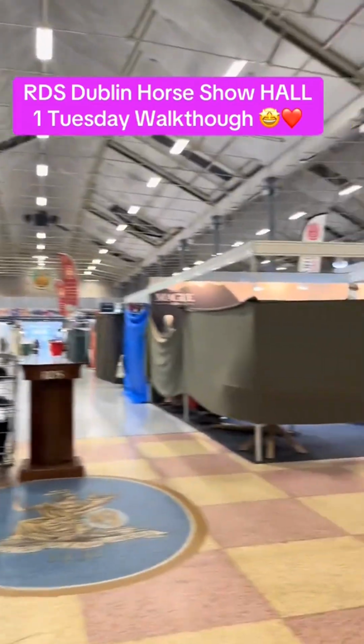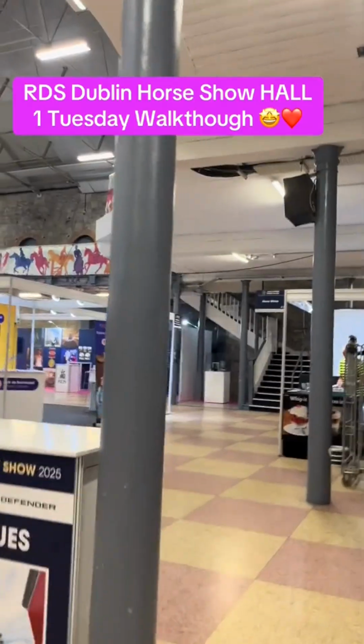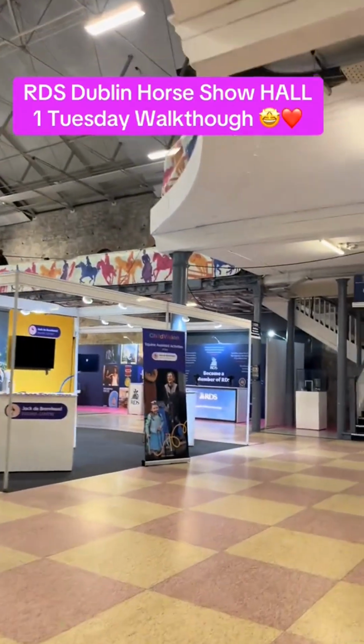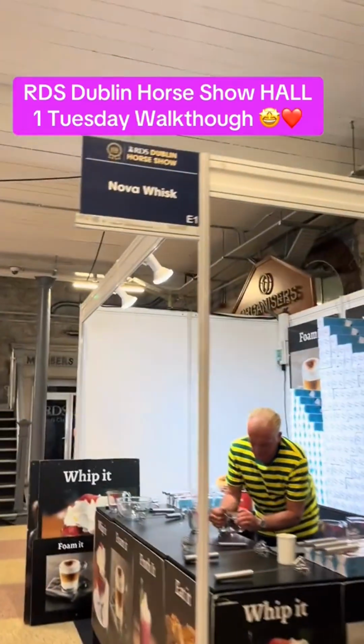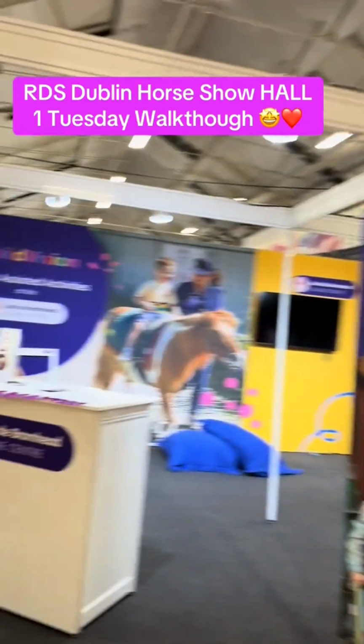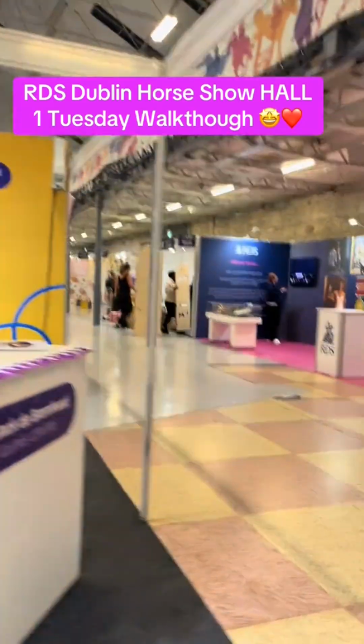It is the Tuesday before the RDS starts, and I'm going to give you a quick walkthrough of Hall 1, the main hall. So I'm going to go in here, take a right, and just show you all of the stands. So here we have Nova Whisk. Up here on the right we have Child Vision, Equine Assisted Activities, and now we're going to go down the